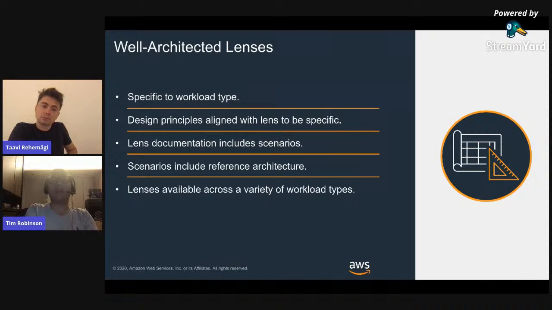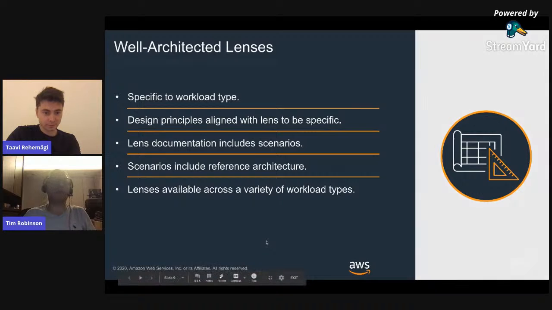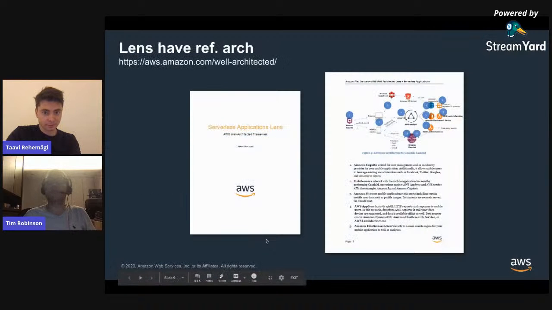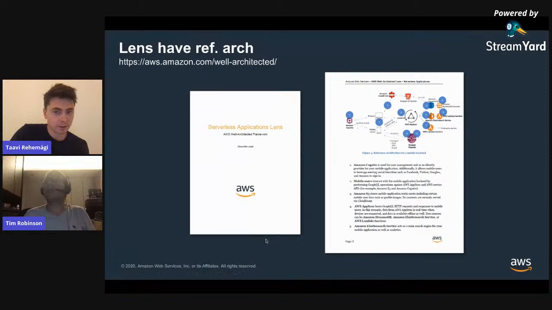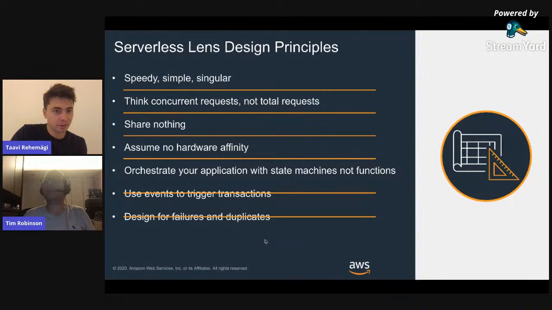So I know Tav is very aligned to serverless, so I kind of wanted to go into some of the serverless design principles. I don't want to steal his thunder, so I'm going to go through these very quickly, and then I'll hand back to him. So if we just go to the final slide. This one? We might have got a slide missing, actually. Let's just go to the previous one. Sure. Yeah, that's great. Awesome.